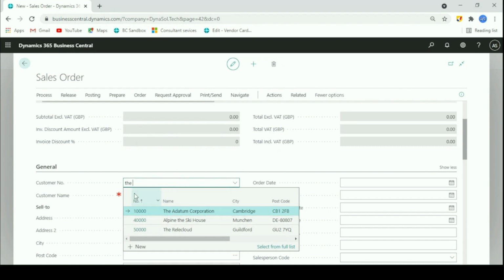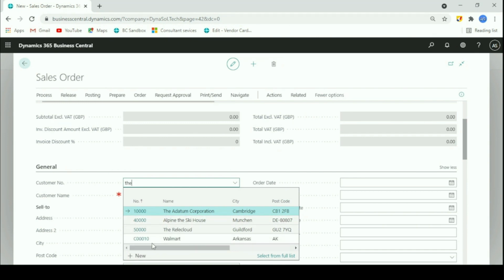As you can see, Adatum Corporation has the "the", and Alpine Ski House also has "the". It is not case sensitive, that's why all three customers came up.